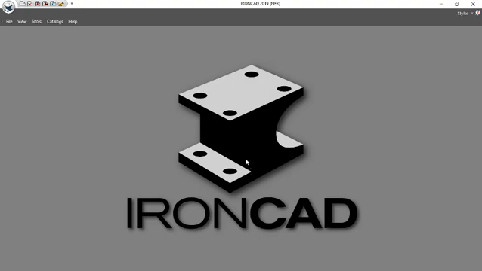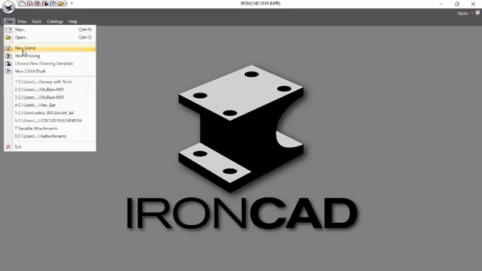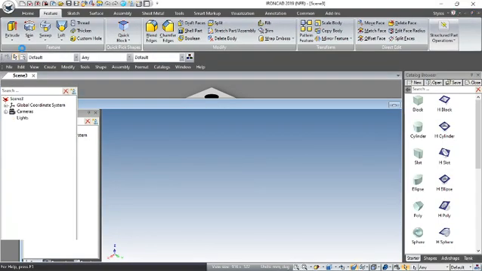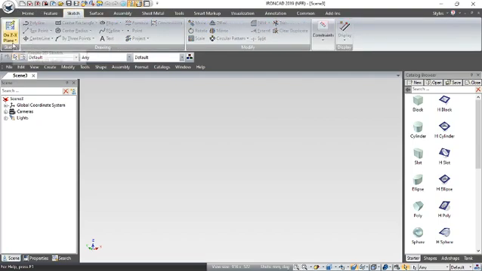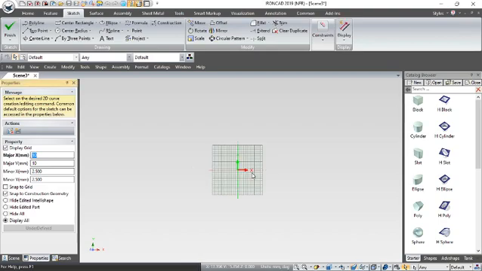In this short video I'm just going to show you how to create a sweep with IronCAD using the twist feature as well. So to start with, I'm going to go to File and I'll go New Scene. That brings up our new modelling scene, and I'm going to select Sketch. I'm going to select the sketch I want, which is I'll put one on the XY plane like so,